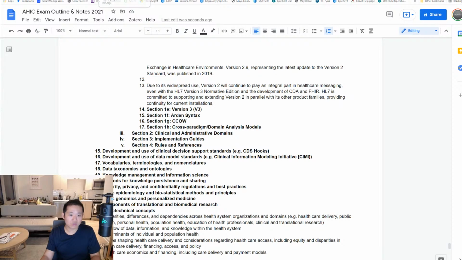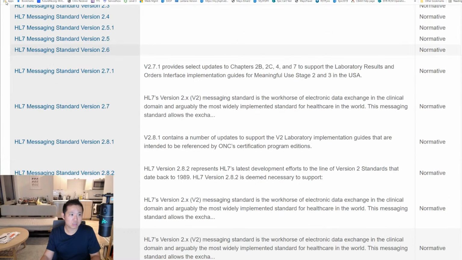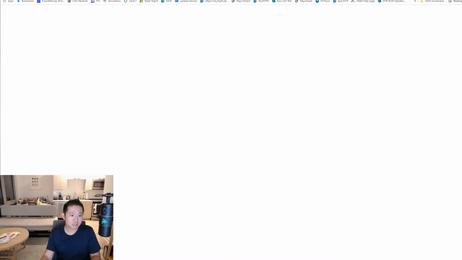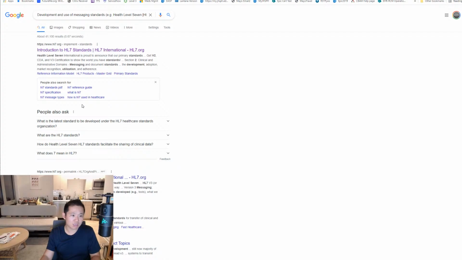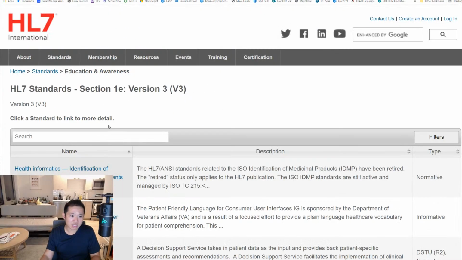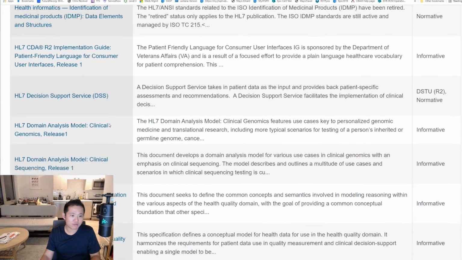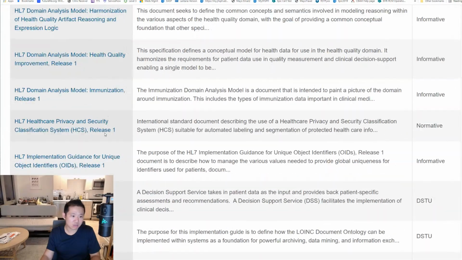Okay, let me just finish up with version 3, and I think we will have this section covered. I think the point here, for exam purposes at least, is that I don't think you need to know the details necessarily, at least not in these parts, just being familiar with what exactly a messaging standard is. And for these purposes,